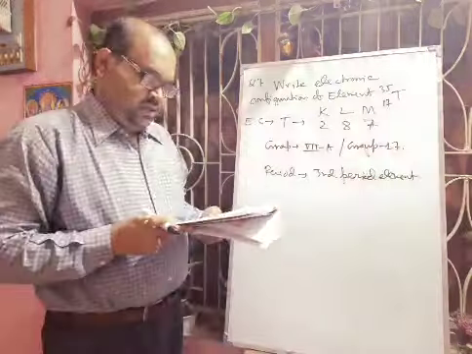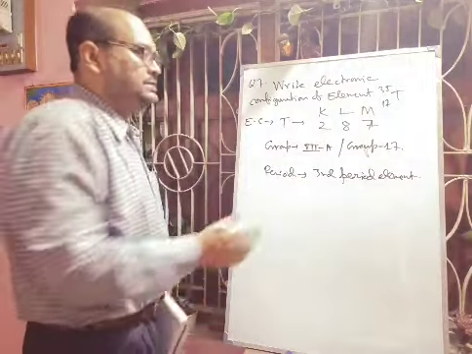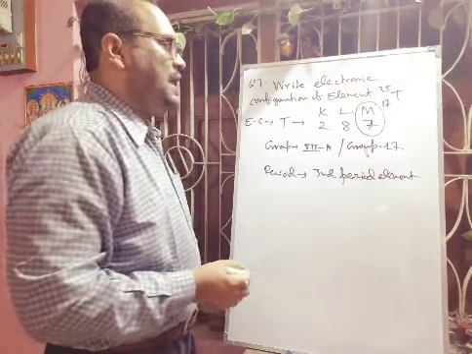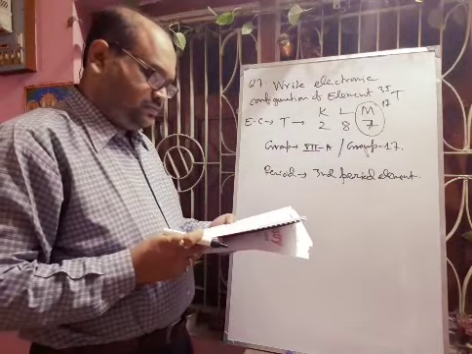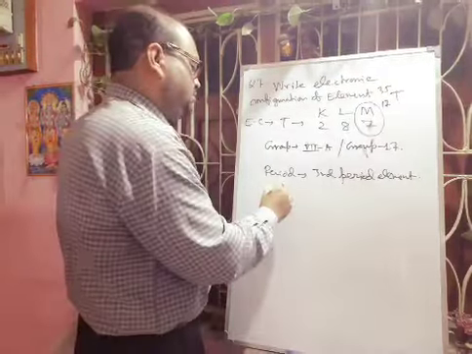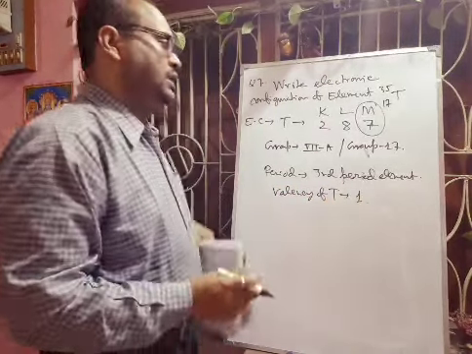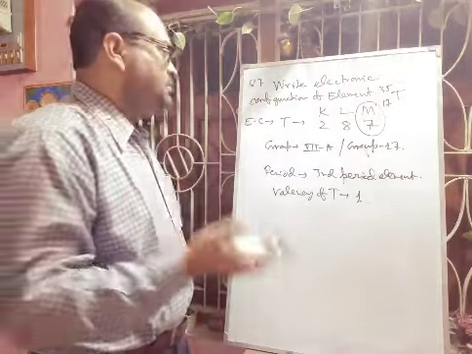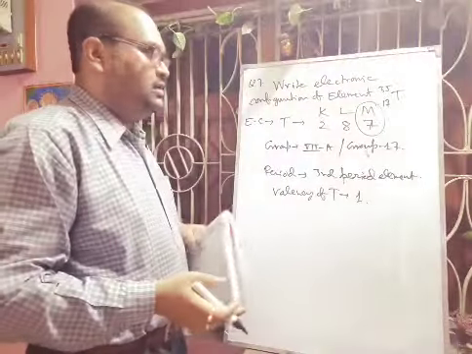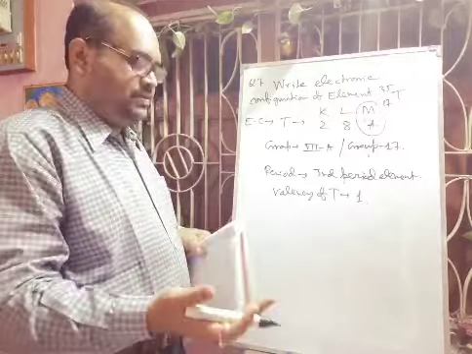Okay. Next question: how many valence electrons are in atom T? We have seen that 7 electrons are there. So definitely its valence shell contains 7 electrons. Now what is the valency of T? So valency will be 1. Valency of T will be 1. Okay. It can also show valency 3, 5, 7. Because of the presence of a vacant d orbital it can generate 3 unpaired electrons, 5 unpaired electrons, 7 unpaired electrons.